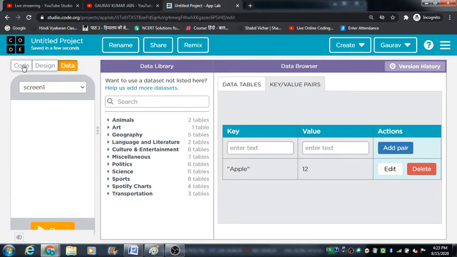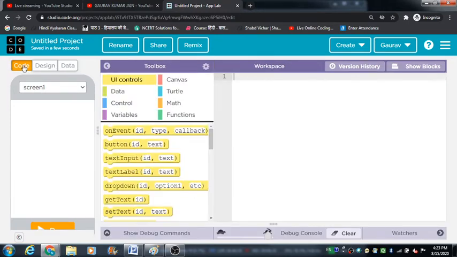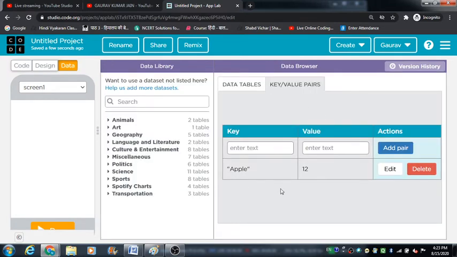Now, is it possible for us to define a key value pair directly in the workspace by some code? The basic motto is to find out whether there is any code that we can write in this workspace in order to create a key value pair in this data browser. That's what we want to see.